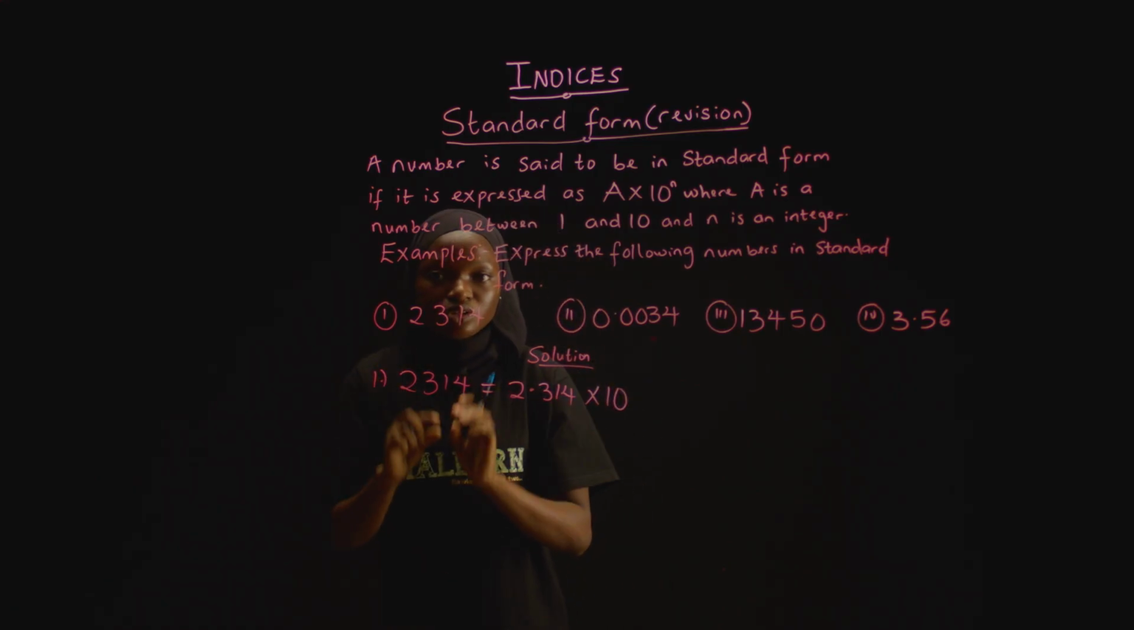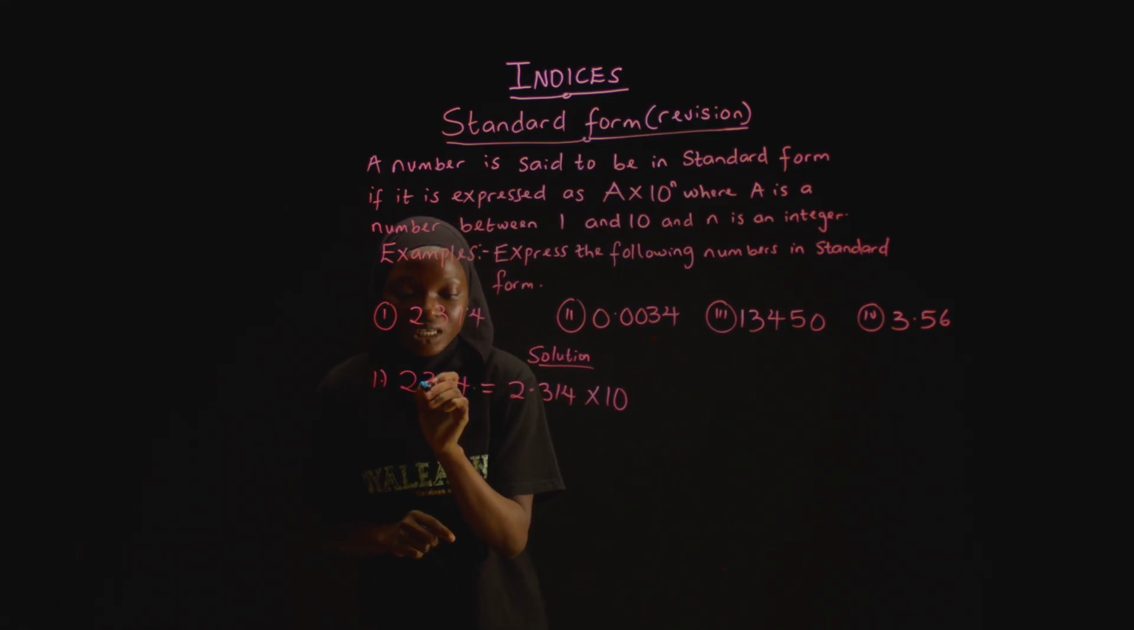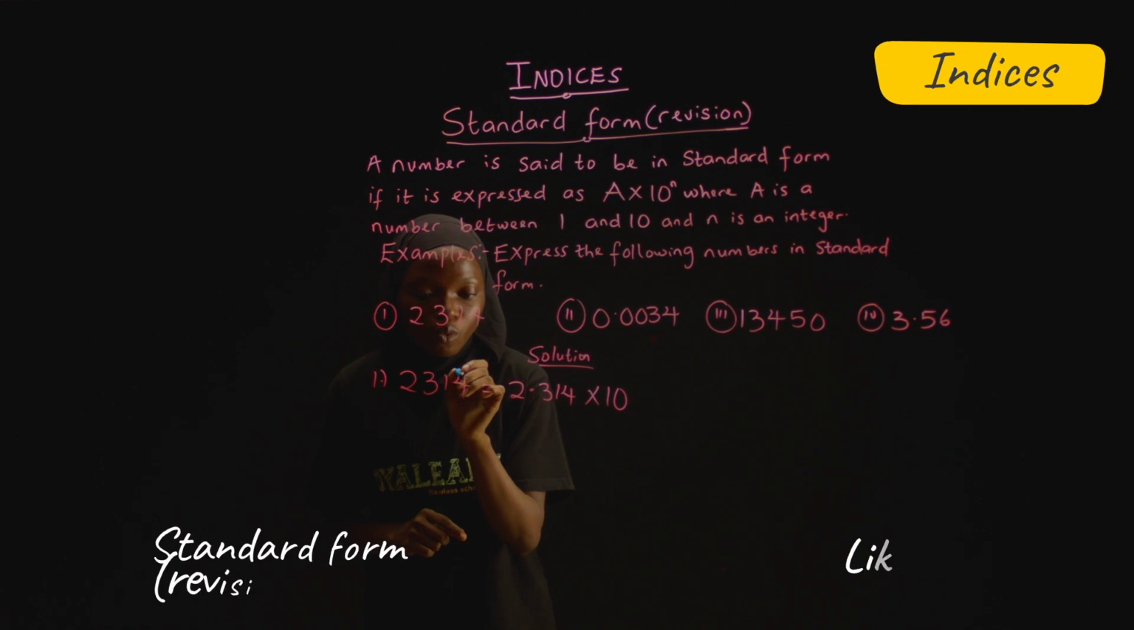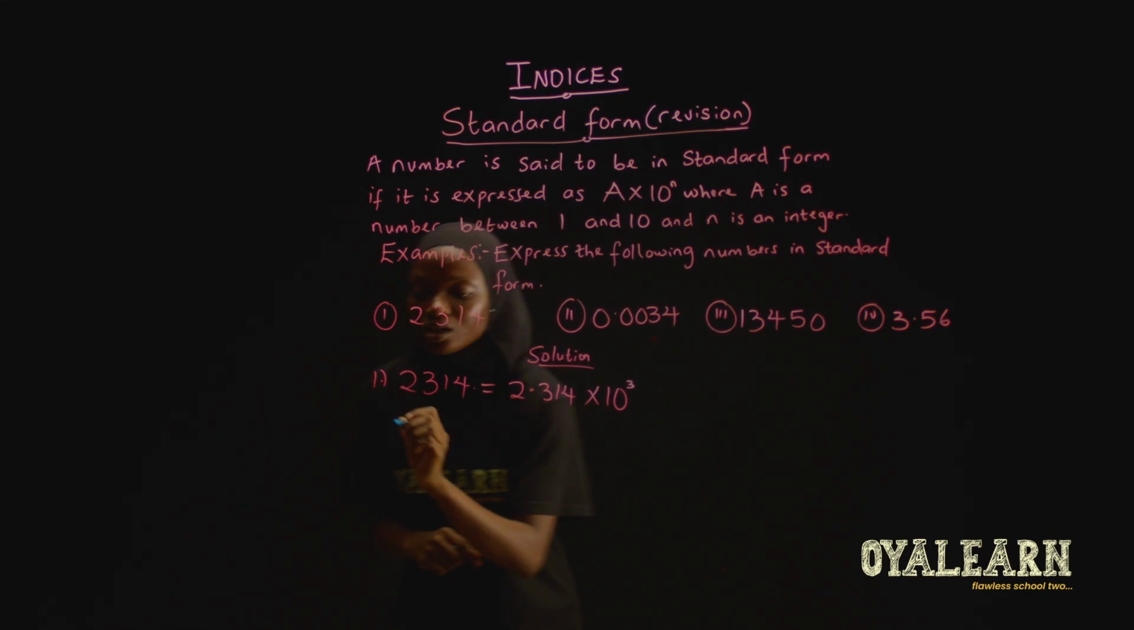This number 2314 has a decimal point initially here, and now we've moved it here. So how many places are we moving? 1, 2, 3. So that's times 10 raised to the power 3. The second one,